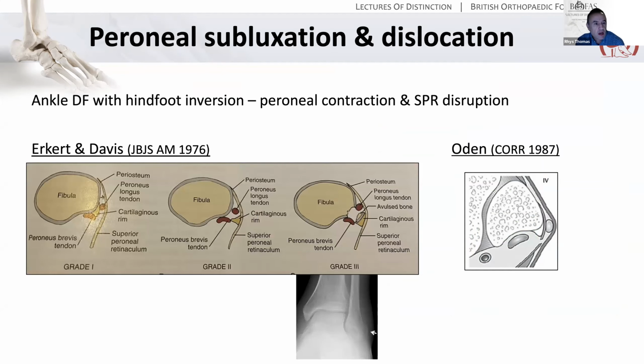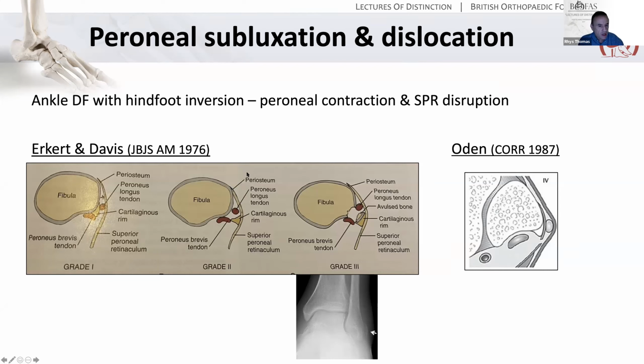So lastly, we'll touch on peroneal subluxation and dislocation. These often occur when the ankle is in dorsiflexion with associated hindfoot inversion, when the peroneal tendons tend to violently contract, pushing the superficial peroneal retinaculum off the fibula. These have been